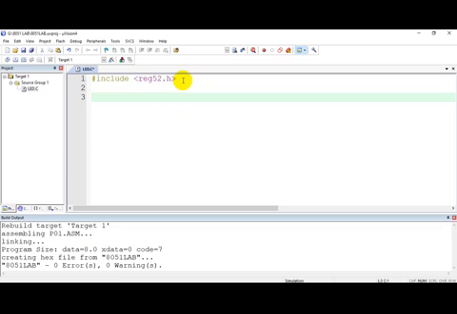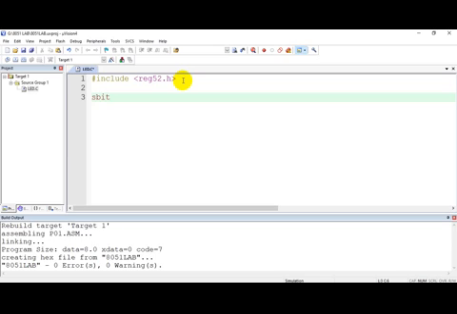Second, how to access a bit of a port? For that, you have a keyword called sbit. Sbit is a keyword to define a port pin. The syntax is the keyword sbit, then you should give the name.